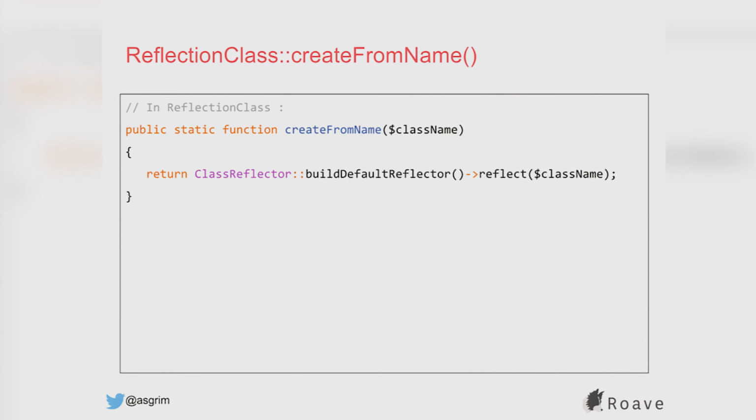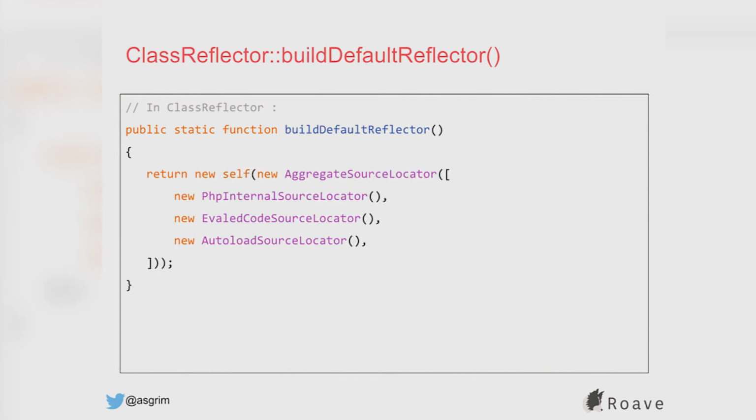So first of all, we actually call this other static function called buildDefaultReflector. These are basically default rules on how to locate source, which look like this. So we have a PHP internal source locator for classes and functions and so on that are internal to PHP, so built in, basically. We have eval source locator as well, if you like eval in code. Well, we've got to support it, right? And then autoload source locator, which is, as the name suggests, it crunches the autoloader and does some magic wizardry